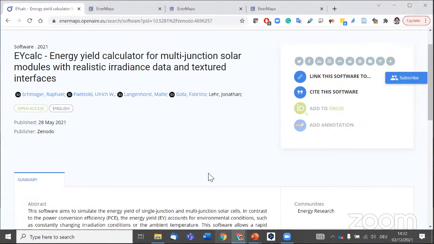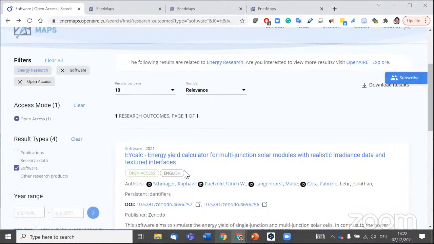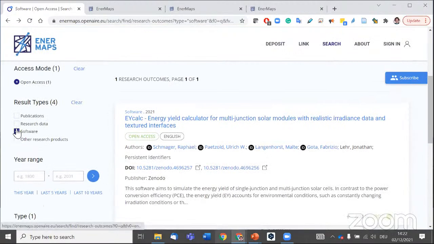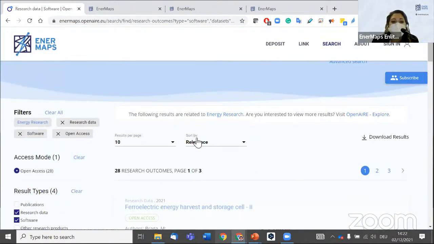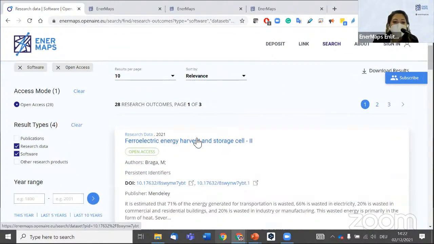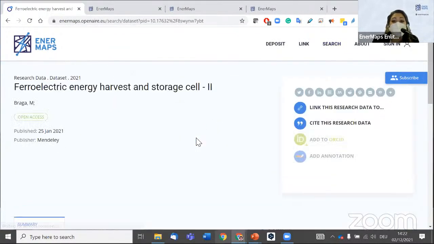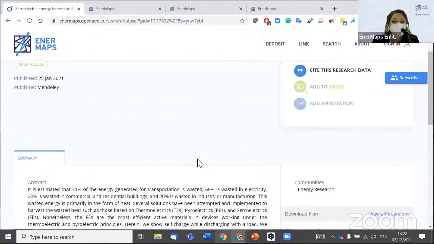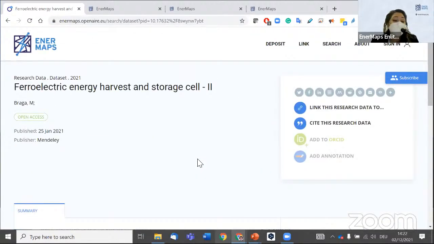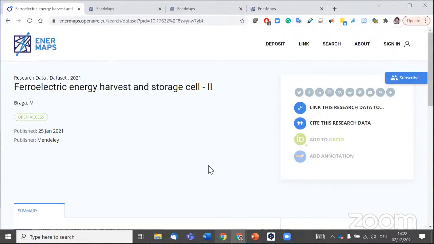Yes, in this case, we don't have the link to the publication, so it's only the software that is available on Zenodo. Okay, perfect. Or maybe I just selected one of the only software that doesn't have a link to its own publication, because not all software have a link to a publication, so it's normal. Yes, because we depend a lot on the metadata that is provided with any of the items, right, Alessia? Yes, exactly.